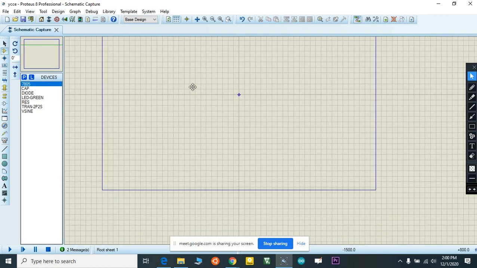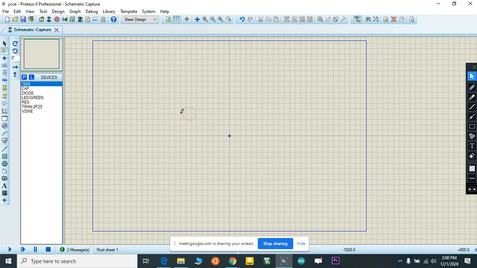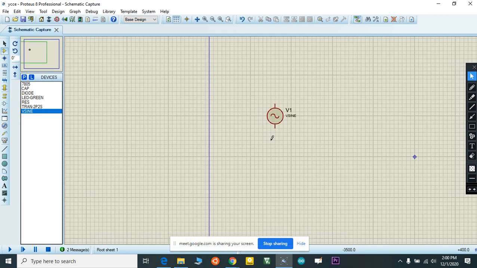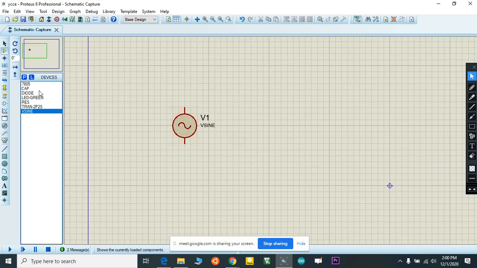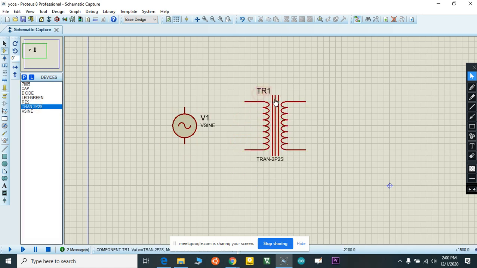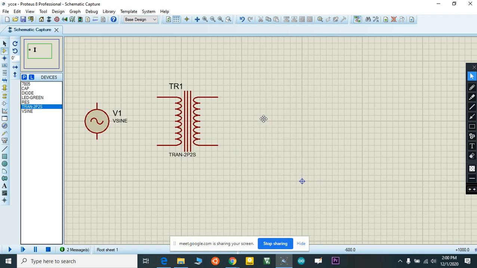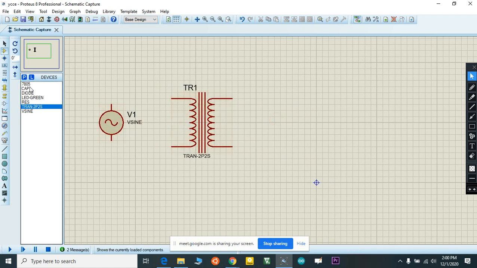Now I'm going to design my circuit here. So first I need to add V sine, sine wave generator. After that, the transformer. Then I need a bridge rectifier.